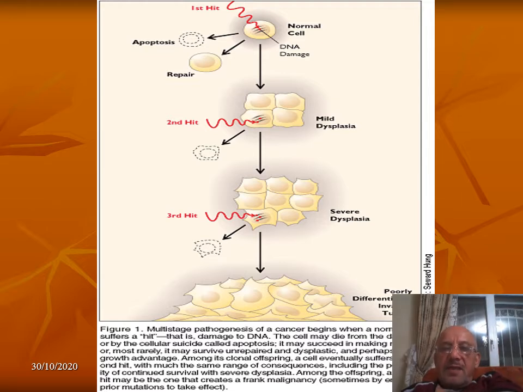In this slide, you can see how the normal cell progresses into a malignant cell, and this is called the multi-hit theory. Suppose that we have a normal cell here, and it is exposed to a carcinogen. There will be some sort of DNA damage in this cell, and the fate of this cell is either that it will die by the process of programmed cell death, or apoptosis, or